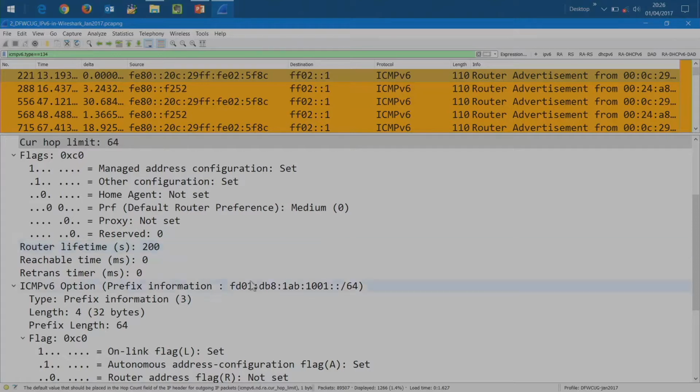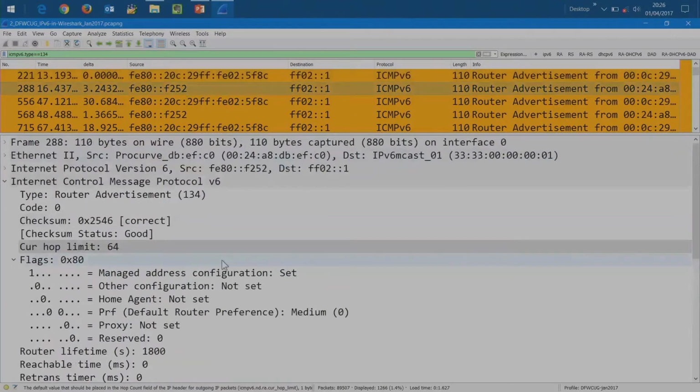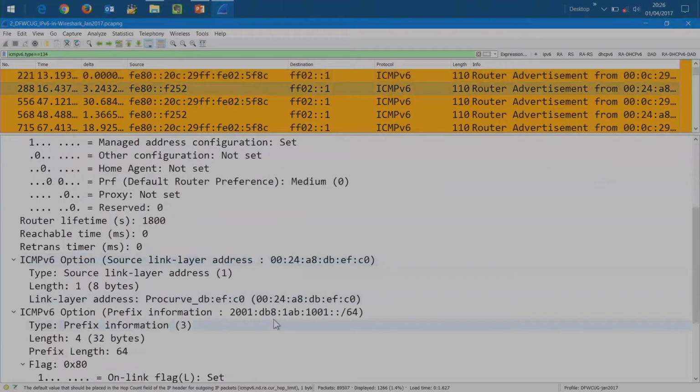So I find out that this client is going to get a DHCP address from probably the real network that this guy's using, and this guy's using 2001:DB8:lab:1001, and the bad guy router is using FD0.